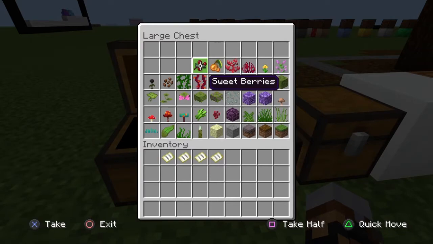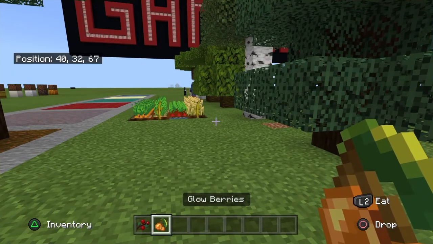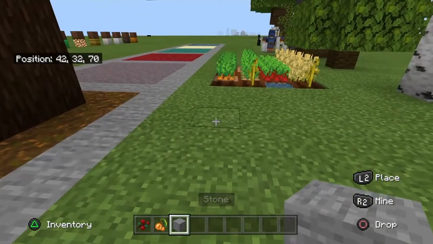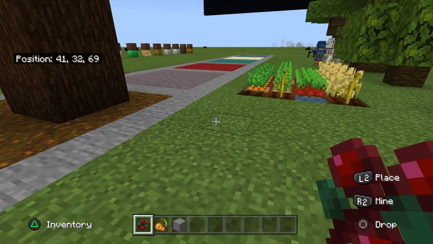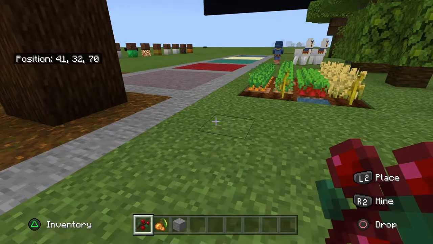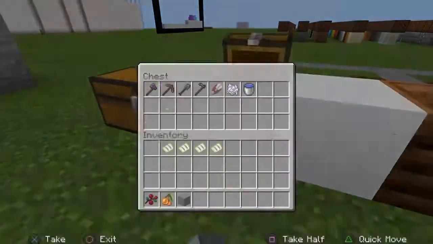Next up, we got ourselves sweet berries and glow berries. Now, these ones are a bit of an interesting one due to the fact of what exactly they need in order to grow, well, at least glow berries. Sweet berries can typically be found mostly within taiga or spruce forests, but they also will occasionally be found in other areas, but most likely you'll be finding these things in spruce forests, and they'll just appear as that, or they have their own stages,